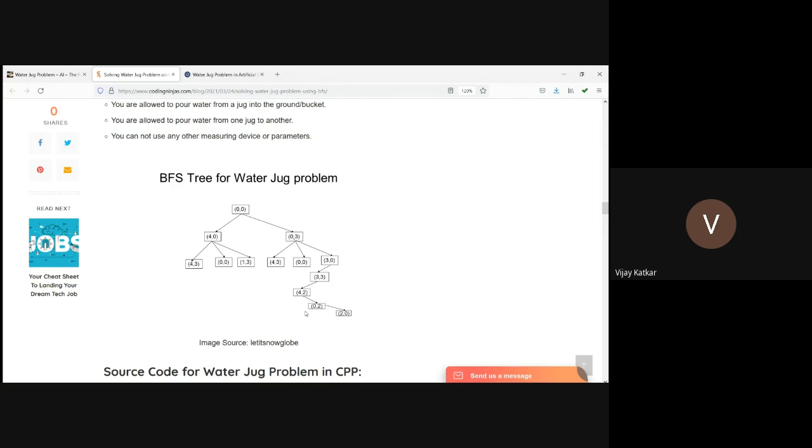And here what we are doing is selecting one child, completely exploring it, then selecting a second child, exploring it, then a third child, exploring it, and so on. Ultimately we will reach a particular solution. Now in breadth first search, we select one child, identify all its possible children, explore those children, identify their possible children, then explore the previous children, and so on.